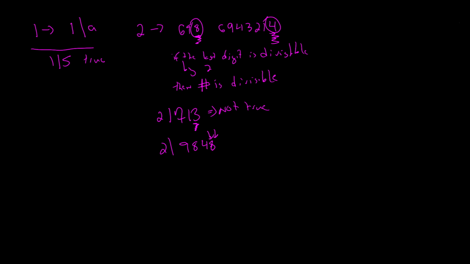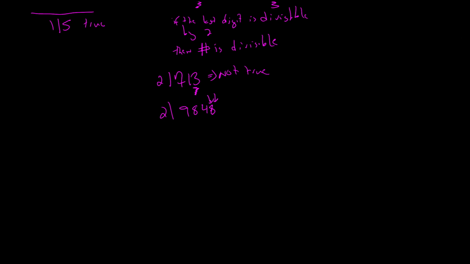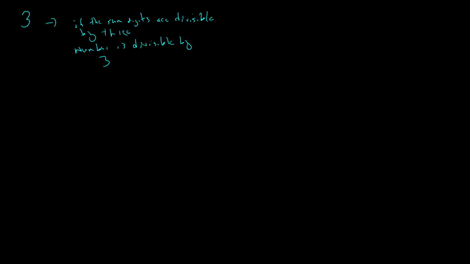Alright, if we look for divisibility with the number 3, what we can check is if the sum of the digits is divisible by 3, then the number is divisible by 3. So, for example,